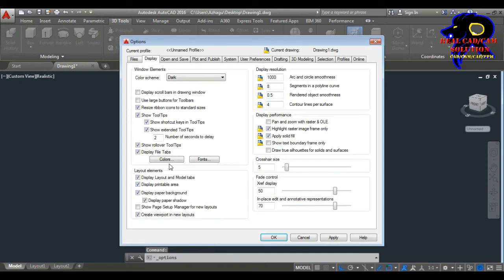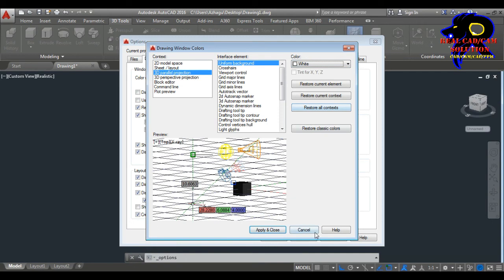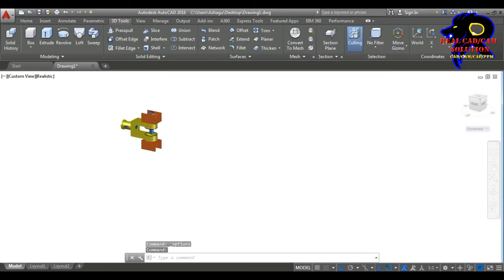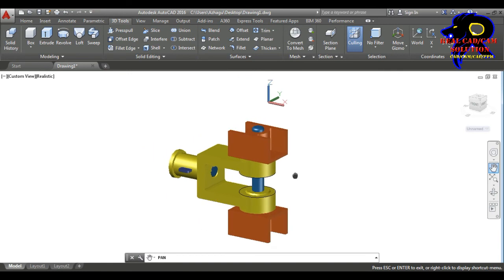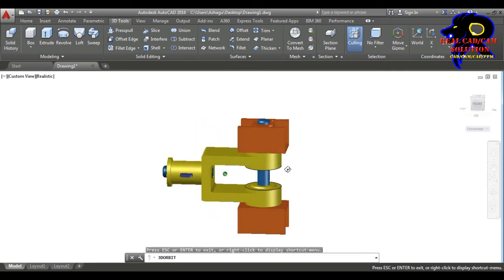Okay, I just go to change the background color. Go to the option, click the color and go to the white color. Apply, close, apply. Okay, I just choose the background color. It's finished, and go to pan the area like this. I just go to rotate, it's almost completed.